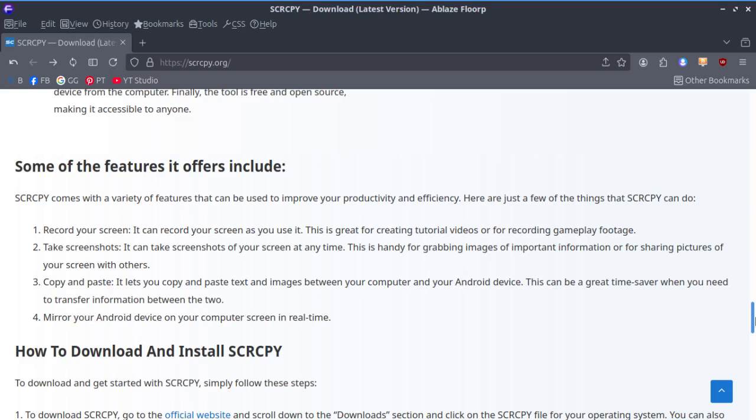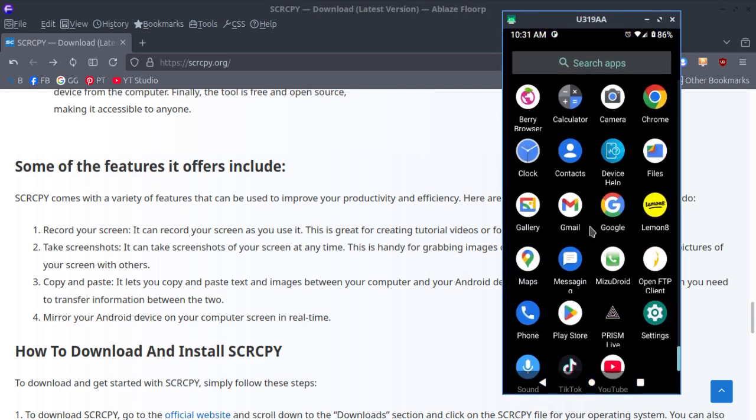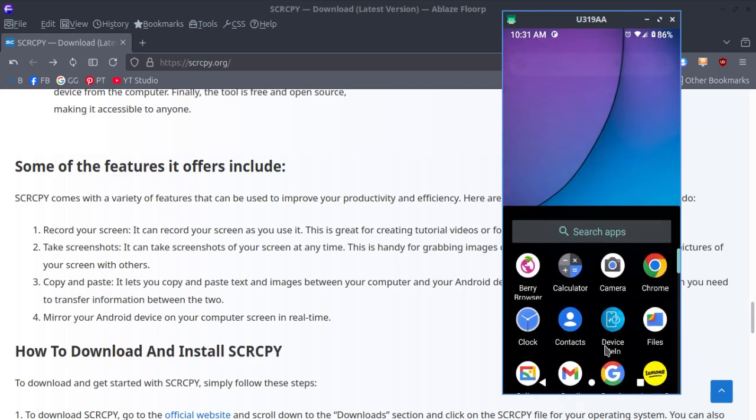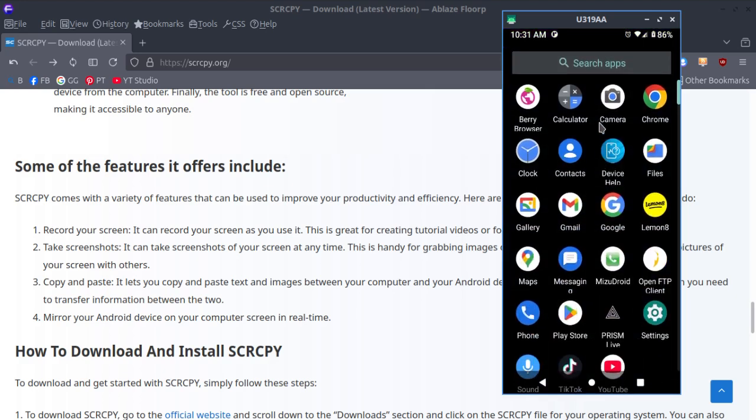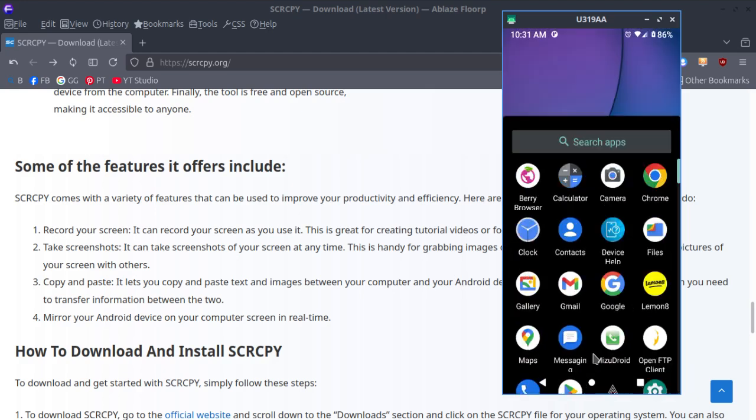You can take screenshots. You can copy and paste. Yes, I've tested that. And it mirrors your Android device, just like here. That is an exact mirror right here. And I can even demonstrate again that I'm not making things up. And I can see the apps. And then I can open them. Now, what I tested is I can't